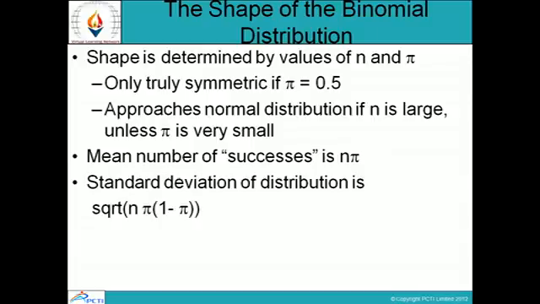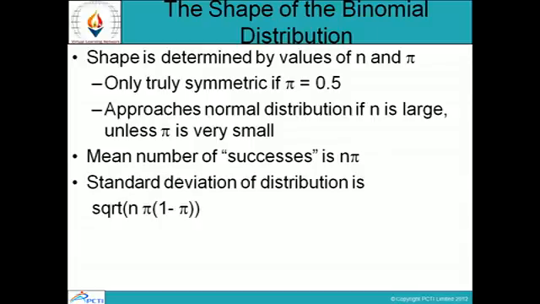Shape is determined by values of n and pi. Only truly symmetric if pi equals 0.5. Approaches normal distribution if n is large, unless pi is very small. Mean number of successes is n pi and standard deviation of the distribution is root npq,